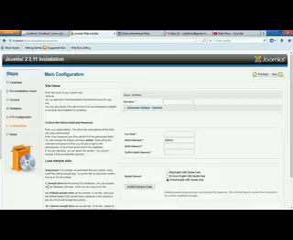typing in our site name. For this case, let's say it will be Webs Software Developers, and our email will be software@websoftware.com, and our